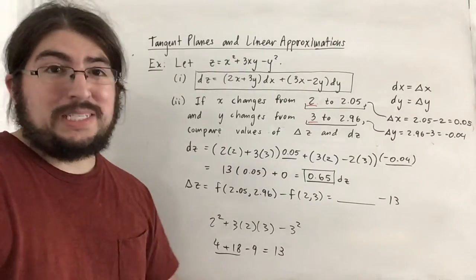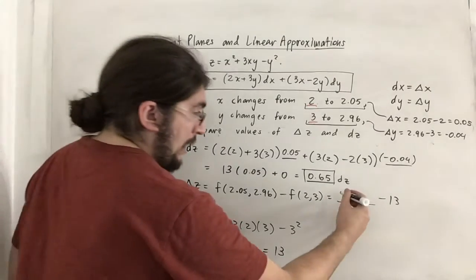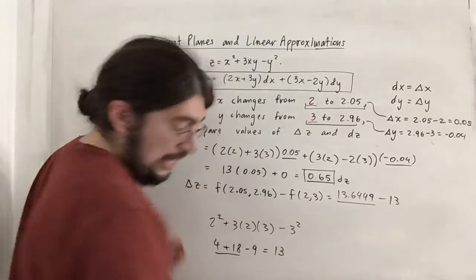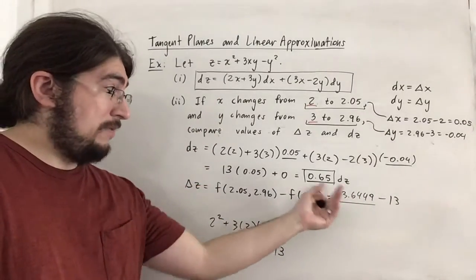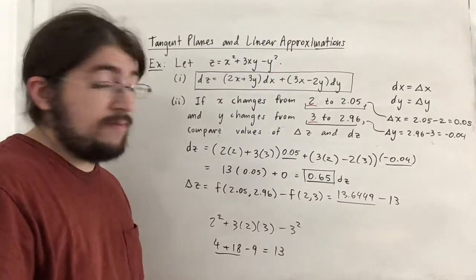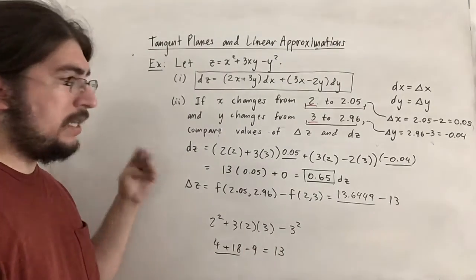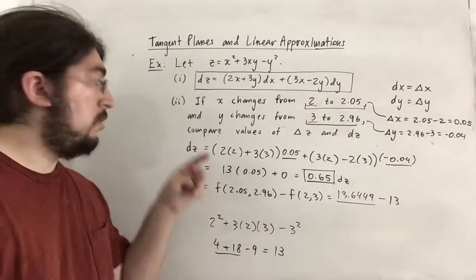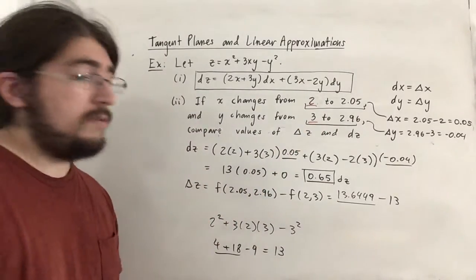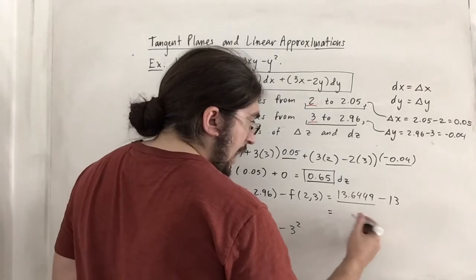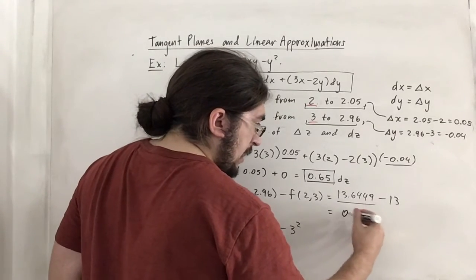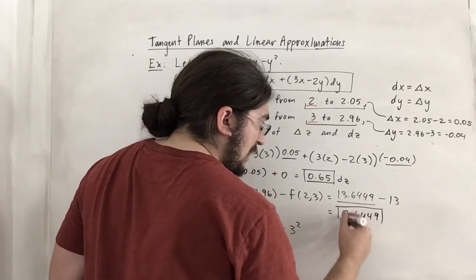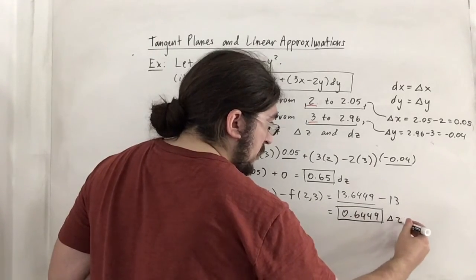All right, wow, so it's actually pretty dang close. So I got 13.6449. Look at that. That actually is very, very close to 13.65, which we thought it would be, just based on the idea that these values are pretty close to the original xy inputs, so the delta z and dz value should be pretty close as well. So in fact, the actual delta z value in this case is 0.6449, and if we compare that to the dz value we got, which was easier to calculate,